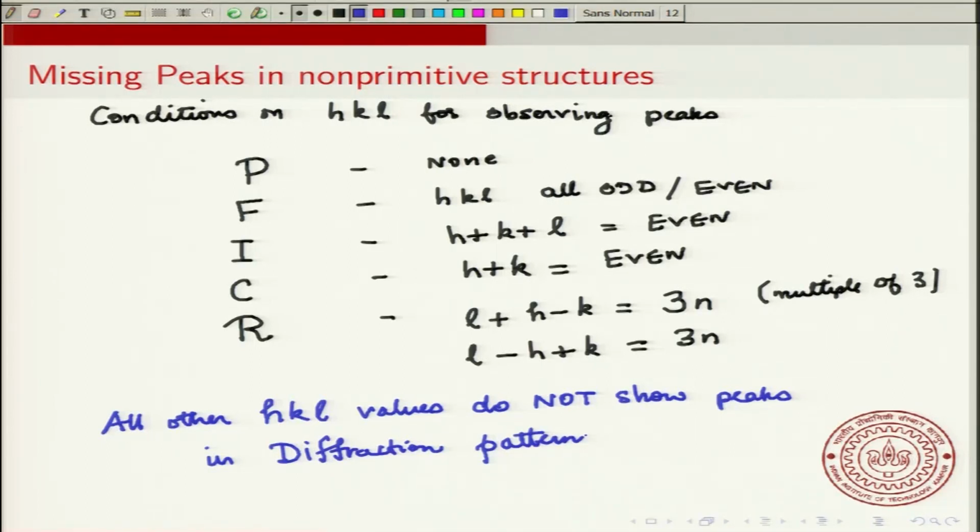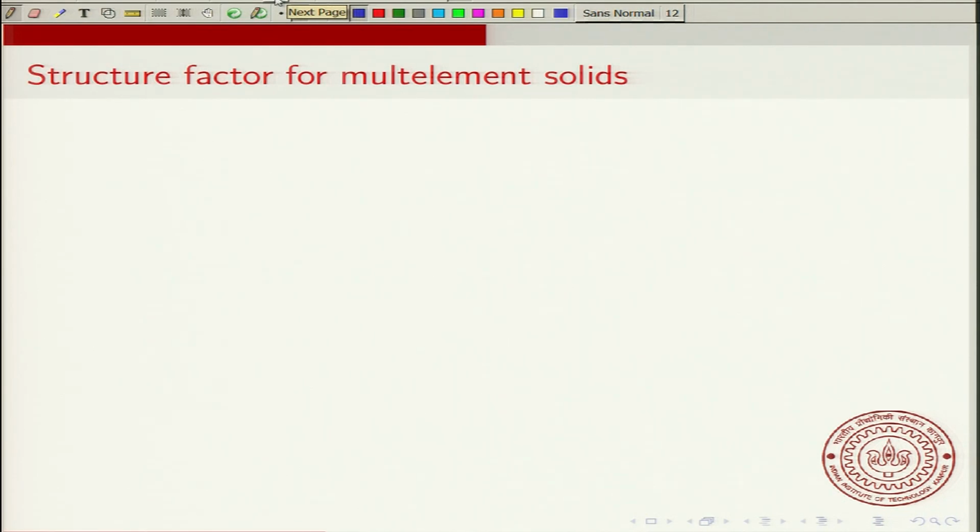Now, before I conclude this lecture, I will just say that you can also do this for multi-element solids. So, let us take the example of NaCl. In NaCl, you have an atomic form factor of Na and an atomic form factor of Cl. And now, if you write the structure factor,